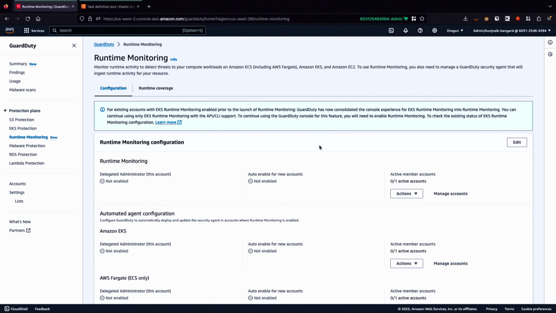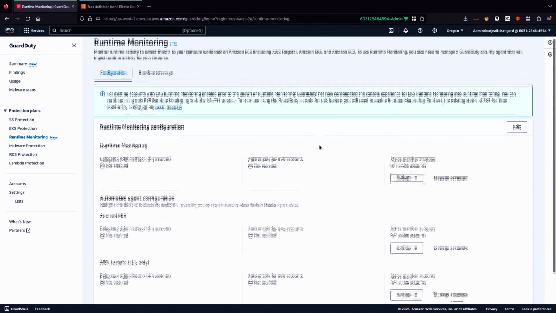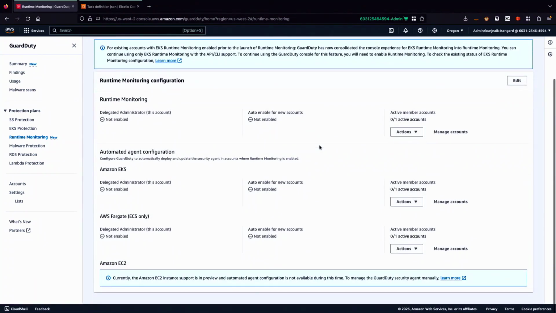So this is the new runtime monitoring interface we are releasing now, which lets you enable runtime monitoring, and then lets you choose between 2 different options, EKS and ECS, and gives you the option to let GuardDuty manage it for you, or you can leave those options off and manage those services yourself